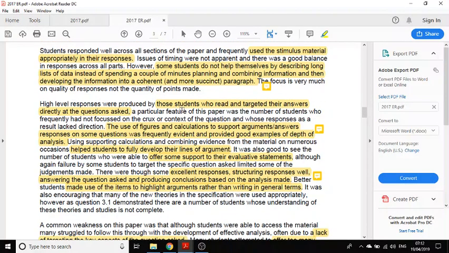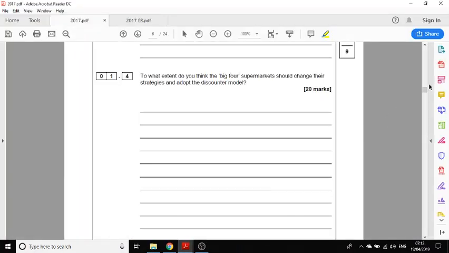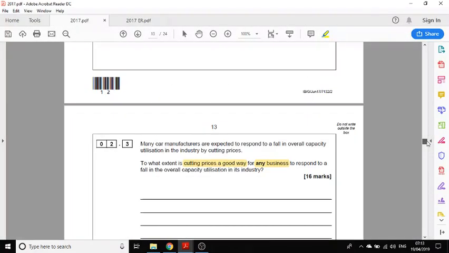High-level responses were produced by students who read and targeted their answers directly at the questions asked. So if we just have a look at this question here, which is a 16-mark question, the question is, to what extent is cutting prices a good way